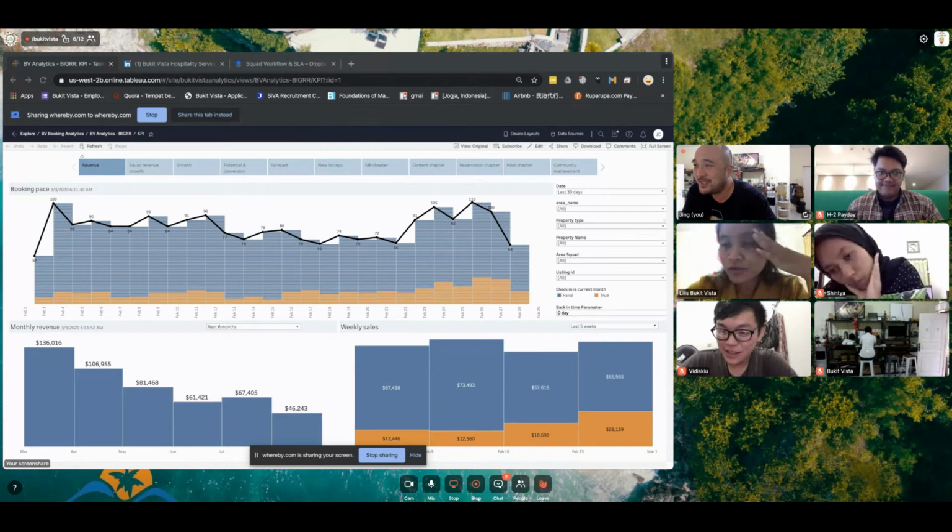Okay, impressions meaning how many times people have seen that listing. So they're searching on Airbnb and they see the listing. It doesn't mean they do anything besides see it. It doesn't mean they click it. It just means they've seen it. Kind of like when you're on Facebook or Instagram and you see a picture or whatnot. You've seen it, but you don't really interact with it. So guess which listing tends